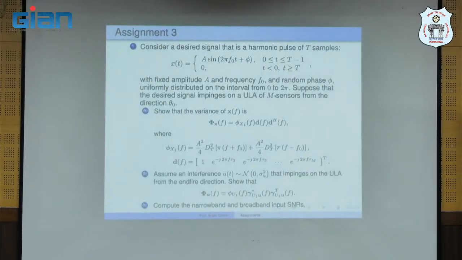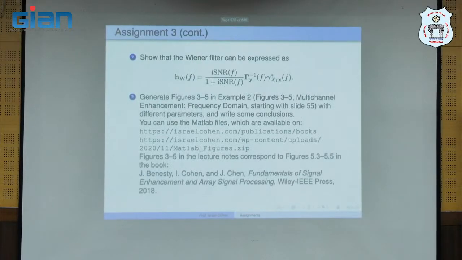So here we have an assignment. First, the assignment is to derive different expressions that we saw before. So it's a good exercise. And also